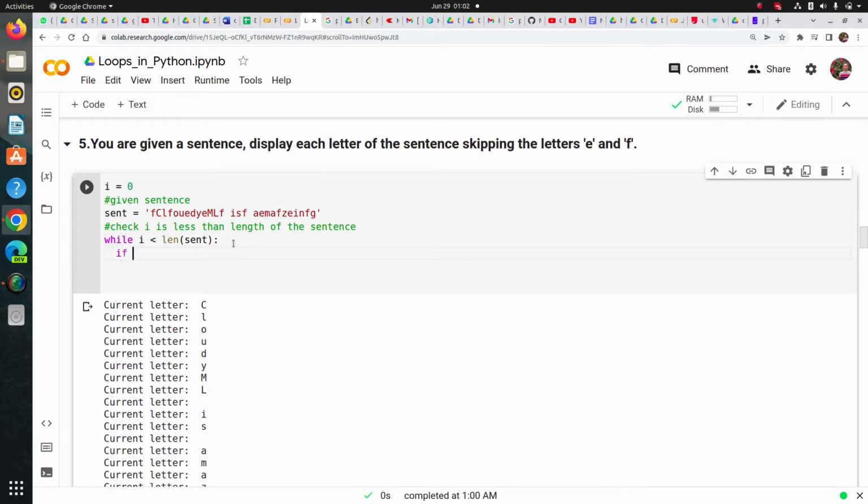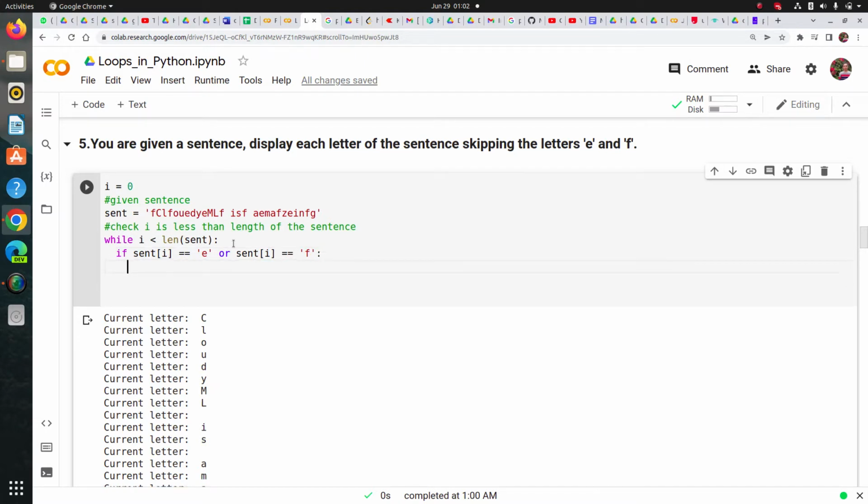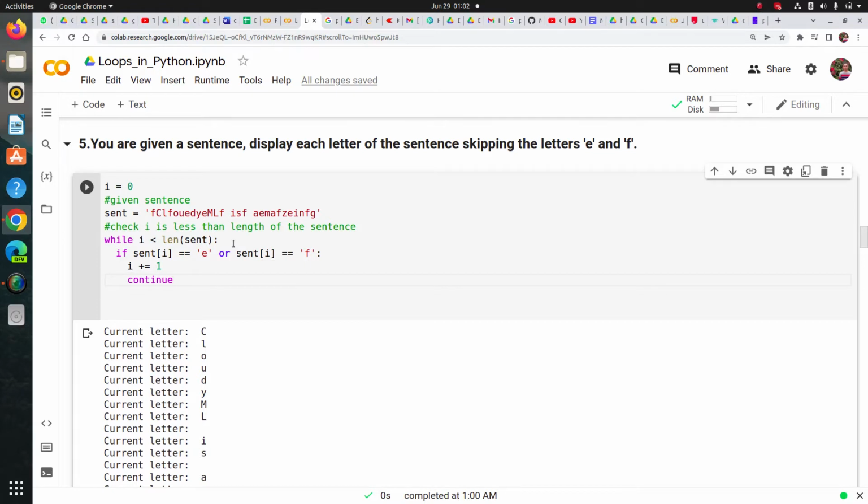And then I'm going to check if sent[i] is equal to the string E, or the letter E in the form of a string, or sent[i] is equal to the string F. If this condition is true, increment i, then continue. It means skip this. Else print the current letter, print sent[i],